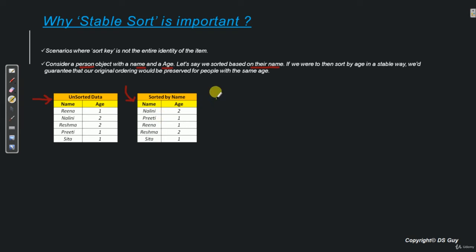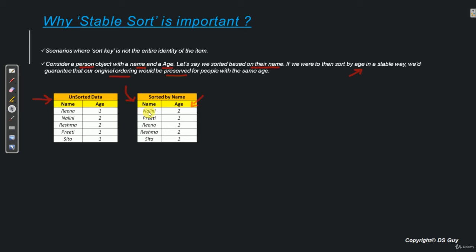Now let's say we want to do one more sorting, but this time on the basis of age, and we also want to make sure that the ordering we achieved by sorting on the name field is also preserved. That is, this age field should now be sorted, which right now is not sorted, but while we are doing this sorting, we also make sure that the name fields are in the same order.